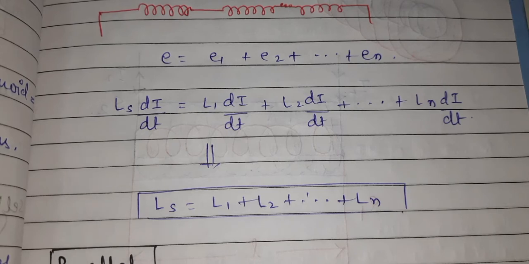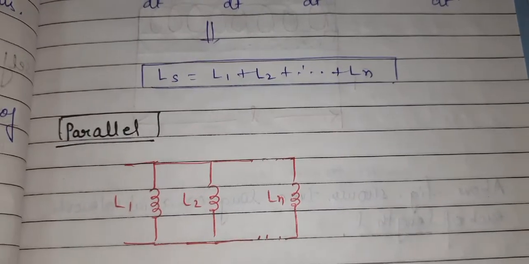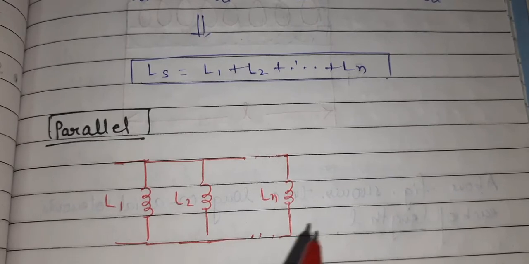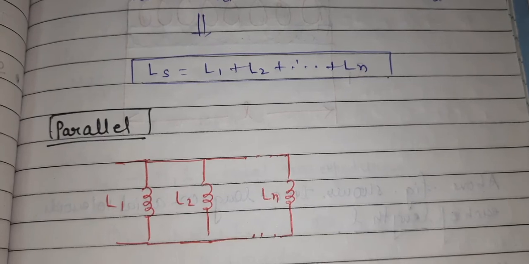With this concept we got the formula for all the inductors which are connected in series, so the total inductance of that circuit can be found with this formula. Next is the parallel circuit. Here I have drawn the inductors connected in a parallel circuit with the source of EMF. Here also we have taken n number of inductors connected to each other.